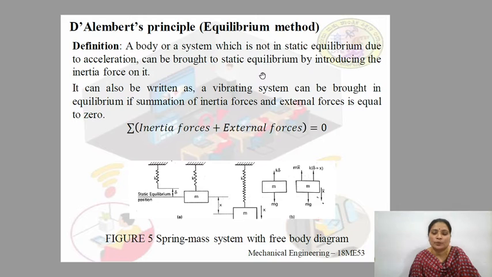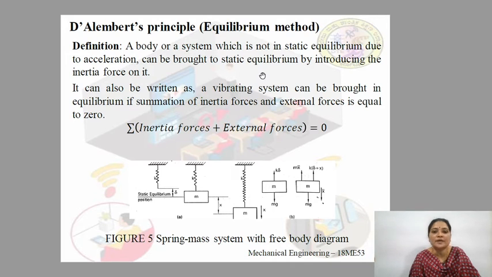And when a displacement x is given, the mass gets a displacement of x, and this is shown in figure 3. The mean position is called the static equilibrium position. So the displacement is always taken from the static equilibrium position to the displaced position. Let x be the displacement of the mass.